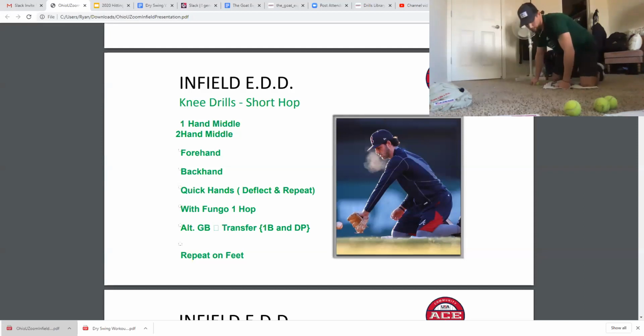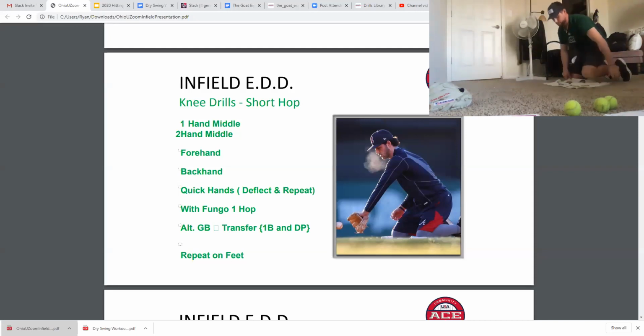Because once we start coming up, it changes our eye level, it changes our body position, which influences everything that we do. So when we are doing our backhand just on our knees, we're going to be throwing it again, but we want to make sure that we're getting low enough so that my eyes are getting behind the ball. When I'm catching it, I'm circling to it, pressing through,